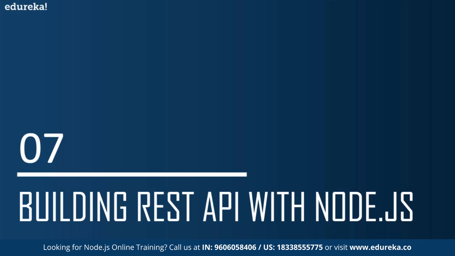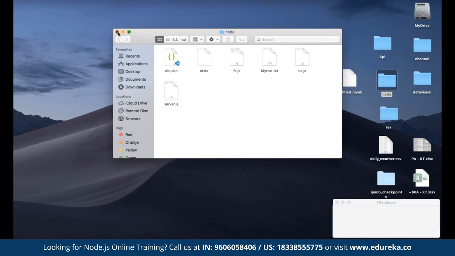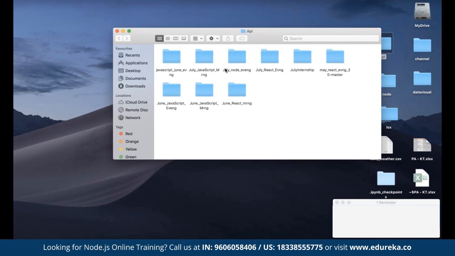So let's make one sample code for that. I'll make one folder, say REST API. Now guys, for creating that REST API, you need to have some packages installed.